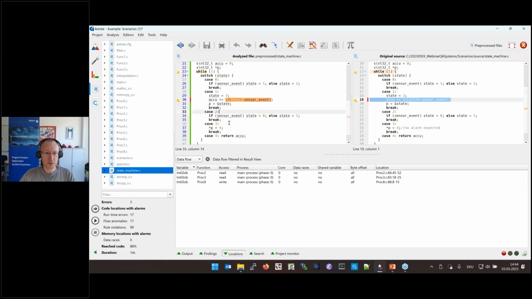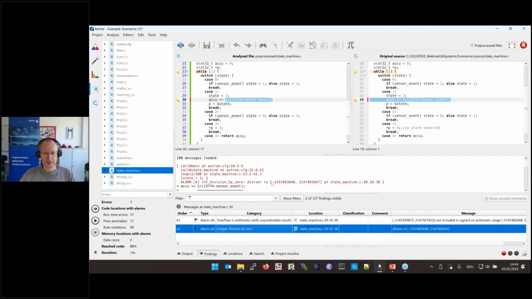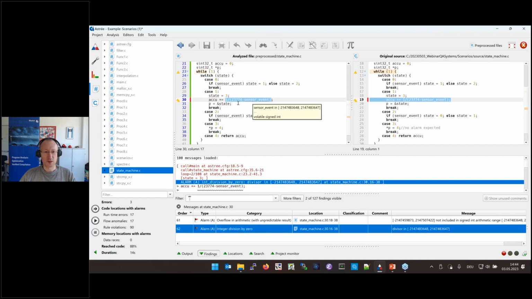But then we see, okay, here we do have another alarm. So let's click on the line again. And then we can see there is a division by 0 here. So what's happening? Here we have an accumulation, and we basically subtract our sensor input, our sensor event, from a given number.